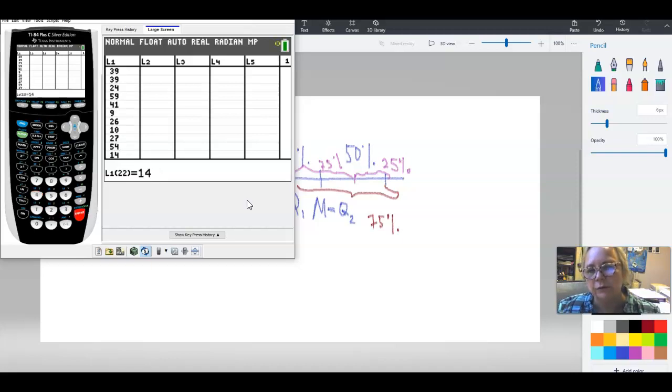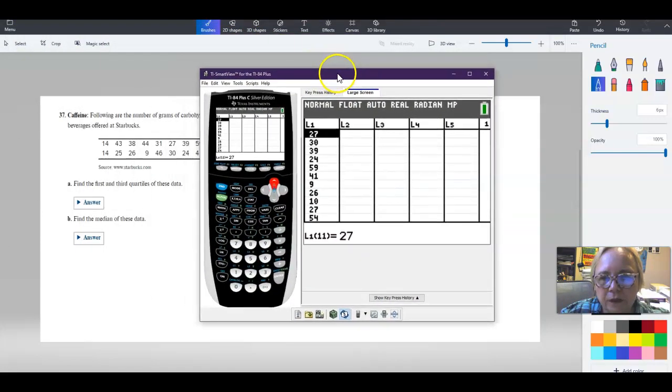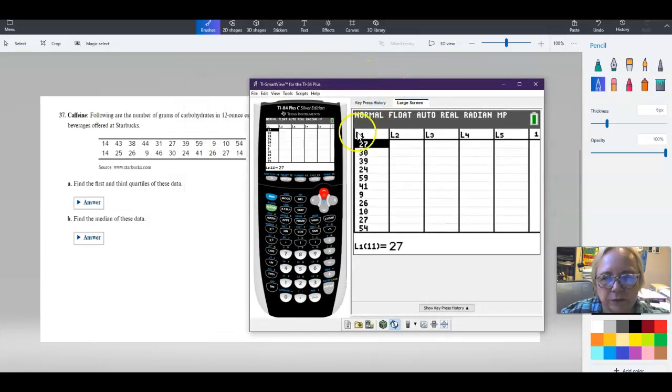Before you calculate anything, please double check your data. You can scroll up, you can scroll down. Again, if you do operations of finding quartiles on the calculator, you don't need to arrange the data. But if you do it by hand, it's still a good thing to use a calculator and enter like so, because